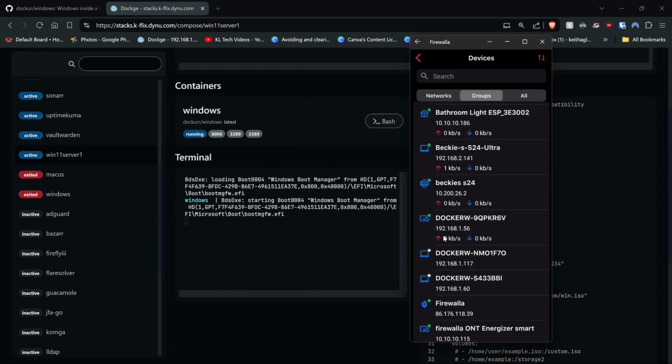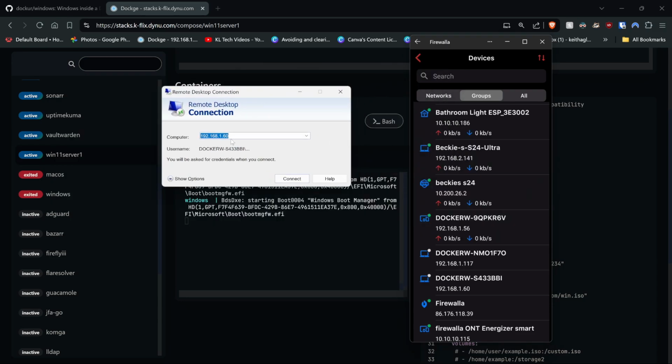There we go. As you can see, it's pulled one right there. So it took us about 5 minutes from starting that container to actually get it to pull an IP address from our system. And as you can see, it's running on 192.168.156 because that's the subnet I gave it, and it just basically found that IP address. And that is what you're looking for on your network. If you're following me step by step, it took me 5 minutes to get this, so it's not a process to rush. But now we've got that, we can literally type that in here. So yesterday it was 60, look, but now it's 56. So if we connect to this on 56,